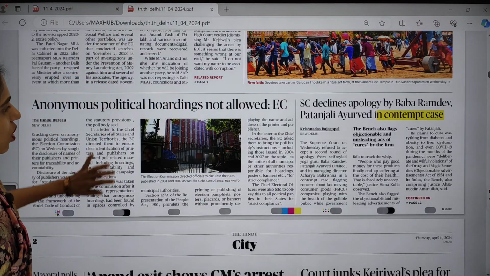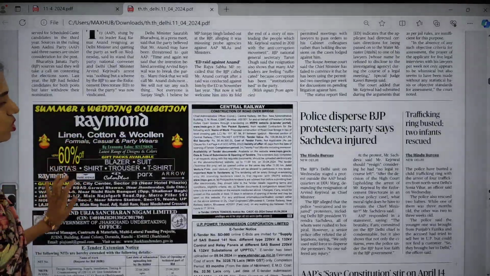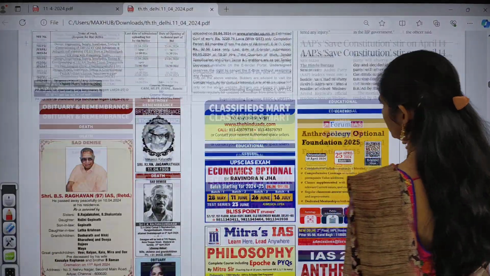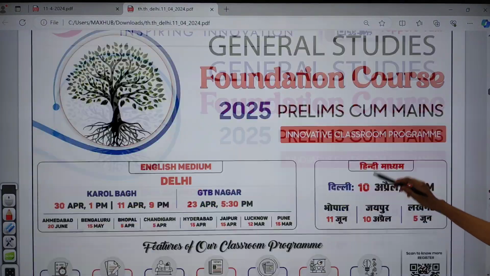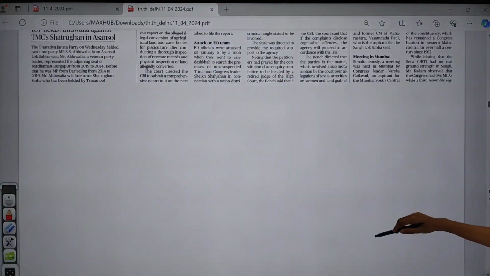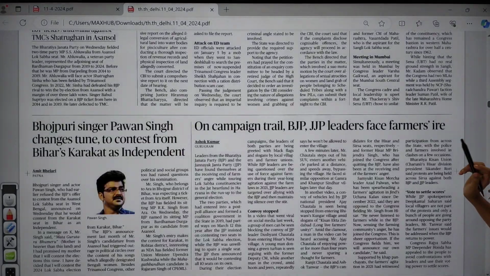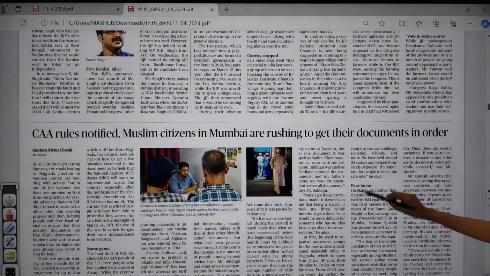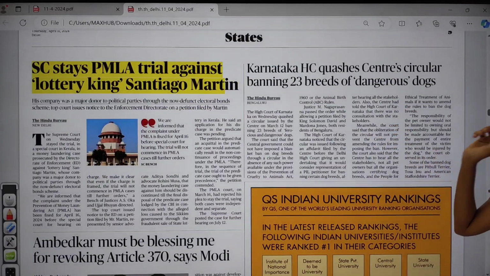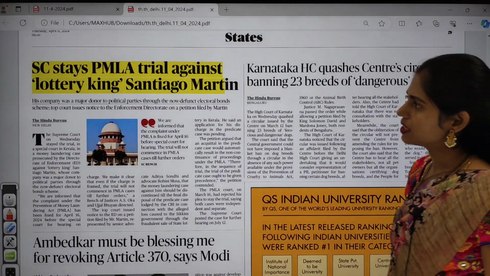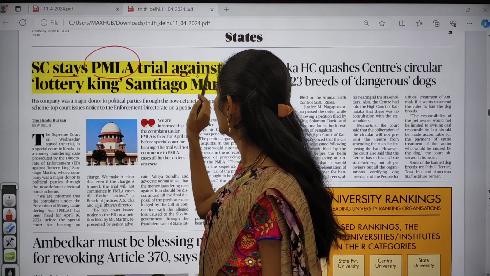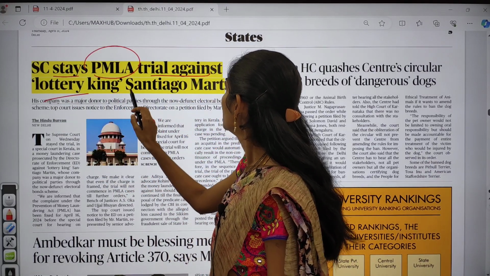And now let us move on to our Hindu page. There is nothing much important from your city page and even from your states page. I found nothing much important. So let us search if there is any article important or not. Yes, here you can see one word which is important, that is Supreme Court stays PMLA trial against lottery king